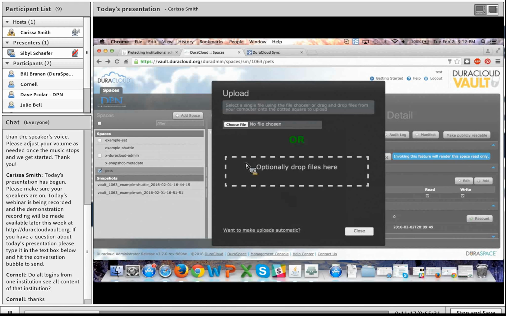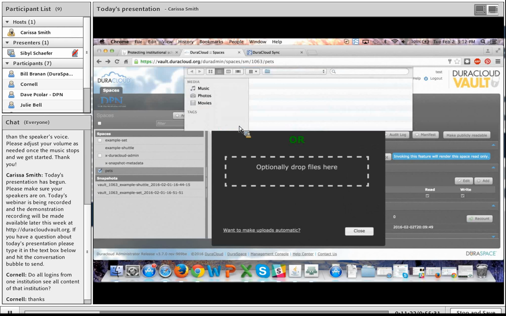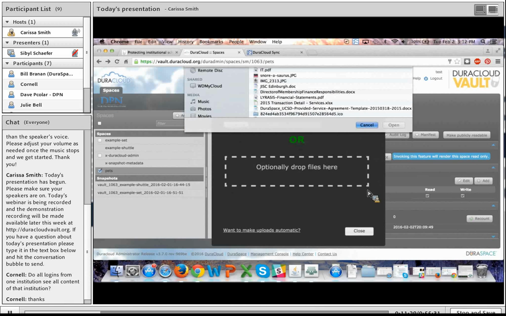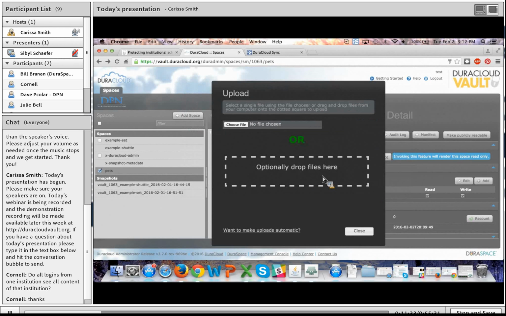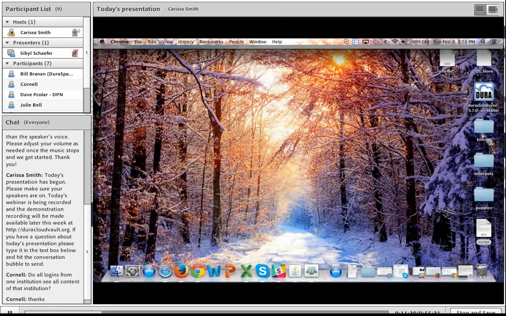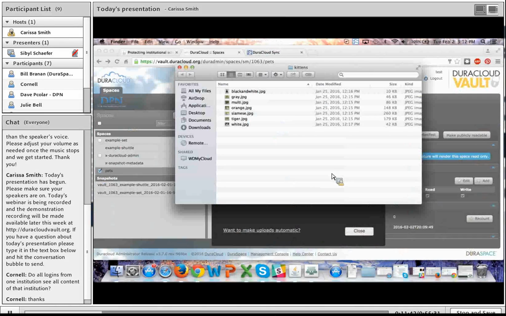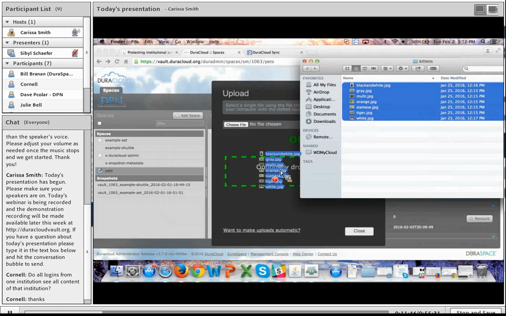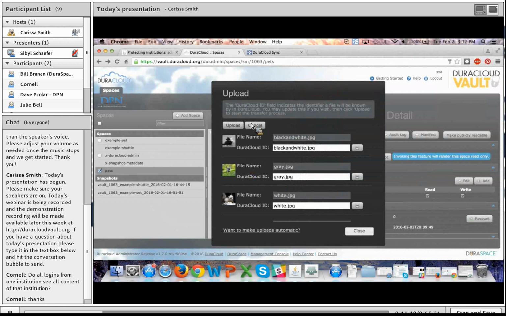Clicking on that will result in a pop-up window where you can choose the file that you'd like to upload, and it'll pop up to your local machine's directory. You can select a file to upload, or you can drag and drop a handful of files into this dotted line. I'm going to pull up my kittens folder from my desktop. Let's upload some kitten photos here. So you can drag and drop them into this interface and upload them